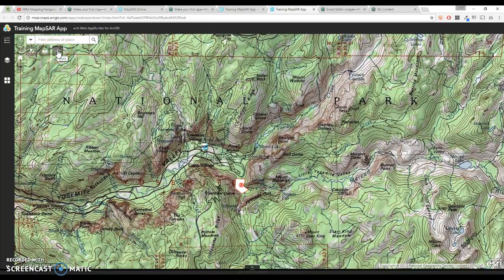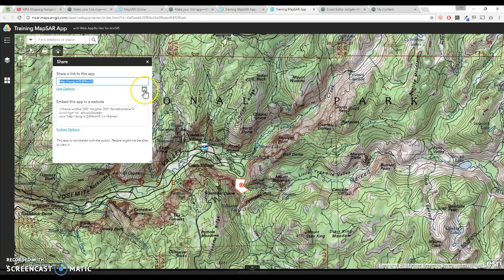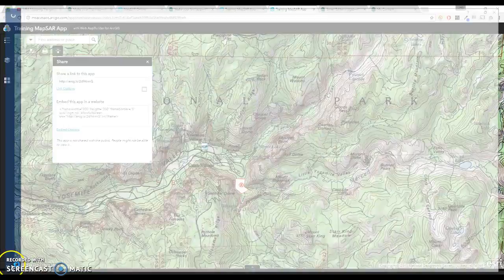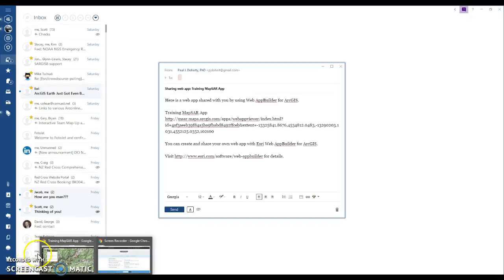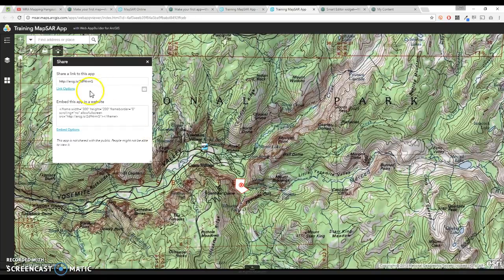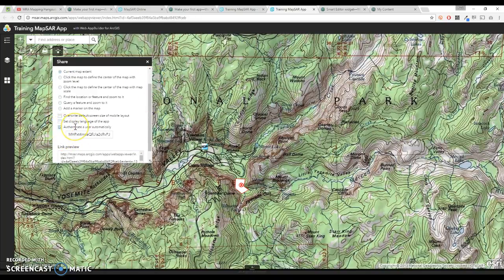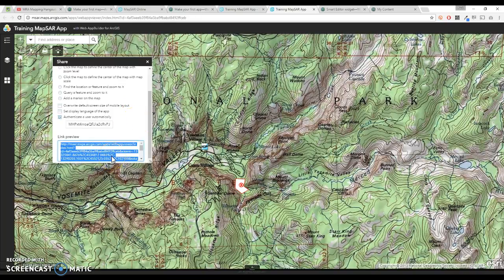If I need to share this app, I can of course use the share widget. Here, this will give me a nice short link that's easy for me to share, and I can click here to email it. Which in this case opens up my email client called Mailbird. Or if I'd like, there's some more advanced options. So right now, only people in my organization can use this app, but if I needed to send it to someone real quickly for them to update the map, I can use these advanced options, which says authenticate a user automatically. What this means is it'll temporarily give someone access to my map